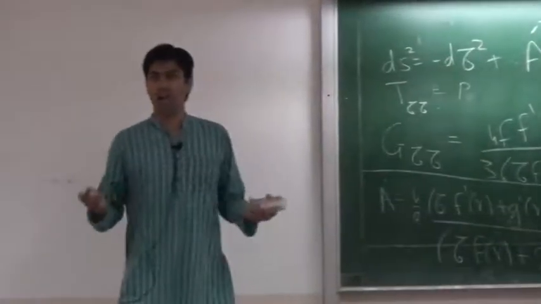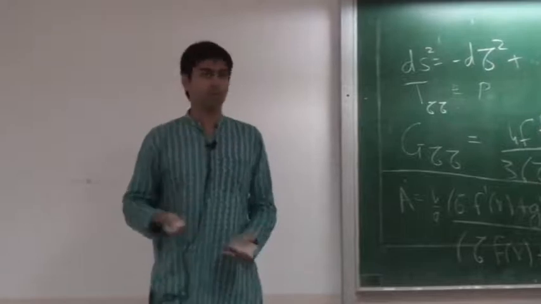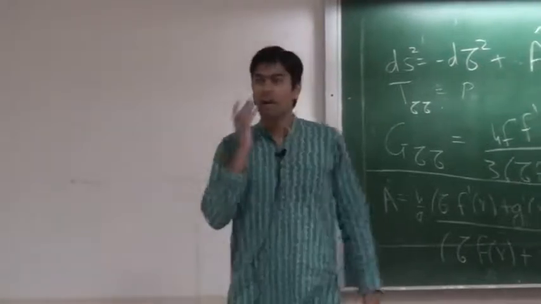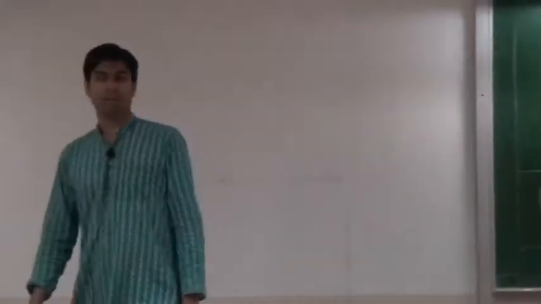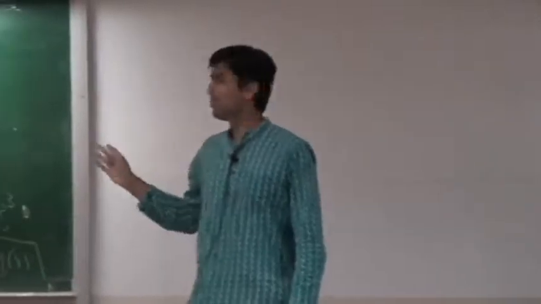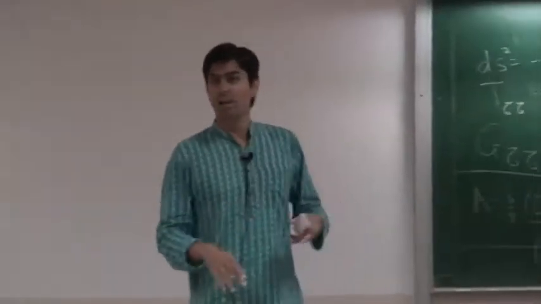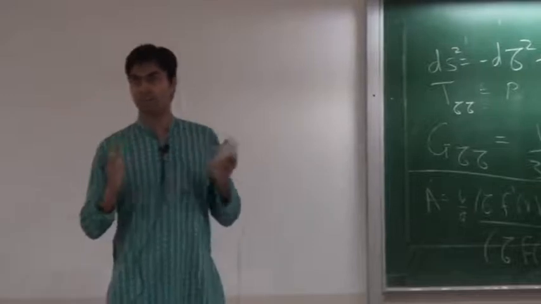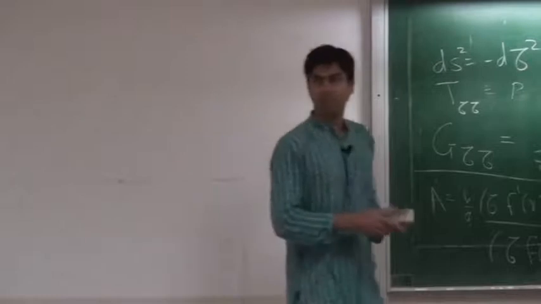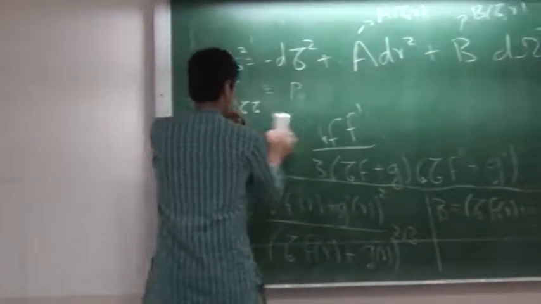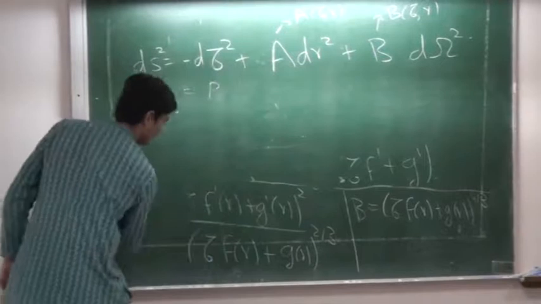The initial density profile we will specify. By the way, this issue of the Einstein equations and their structure, I think we can also do in the tutorials. So far I haven't said too much. We can do it in the tutorials, but a couple of things which would be useful would be to check these components and also to look at this general structure of the Einstein equations and how you specify the initial data and how you evolve things. This is something which is very useful to understand, what the structure of these partial differential equations is, and if you haven't seen it before, you should certainly discuss it in the tutorials. What I'm going to do now is specify